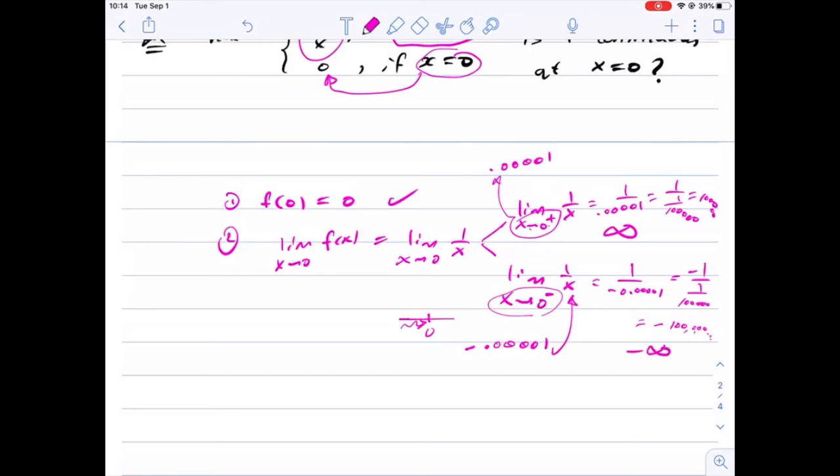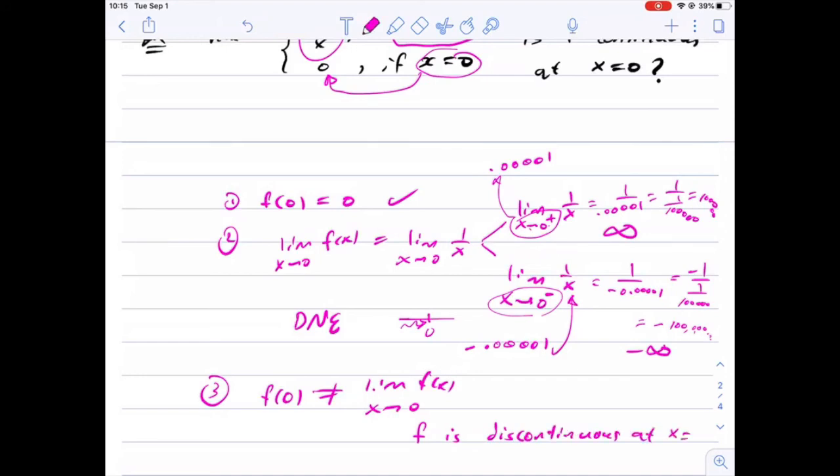Since the limit from the left is not equal to the limit from the right, that means the limit does not exist. And that means f of 0 is not equal to the limit of the function as x approaches 0, so the limit does not exist. And the value of the function does exist, that means the function is discontinuous